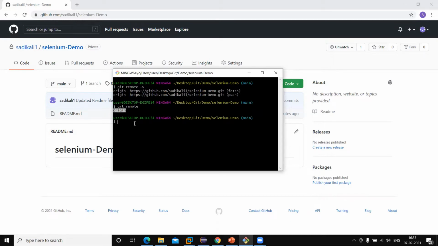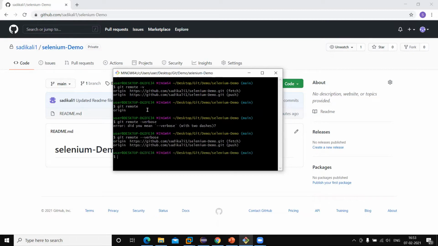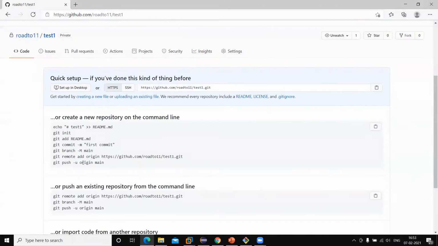Okay, so we can use verbose. This is the same as -v. Okay, so if you want to add any particular remote repository, then we can do that. So I have already one more repository here.